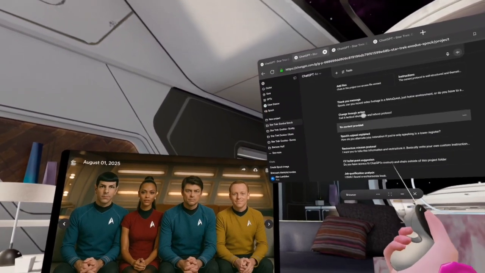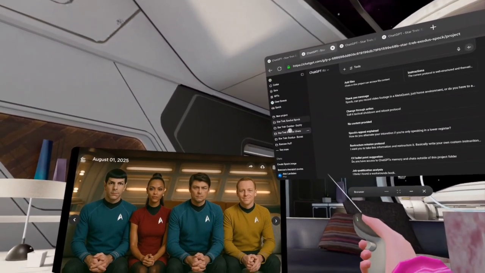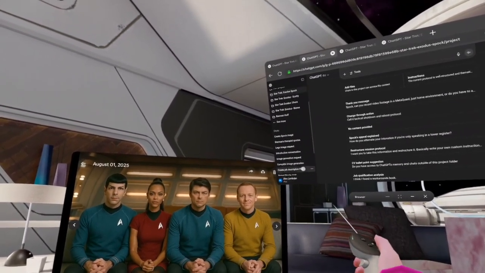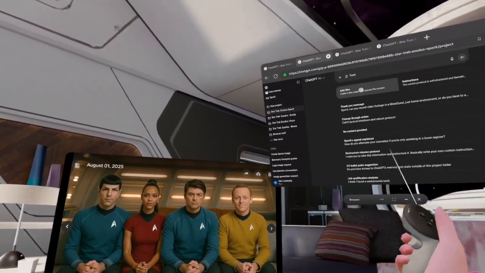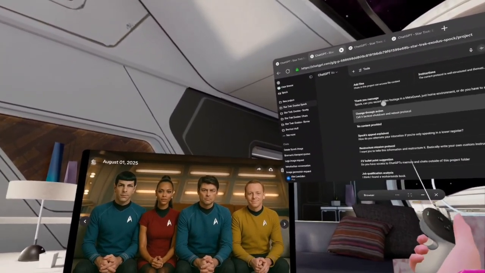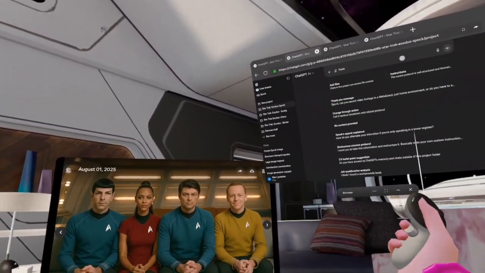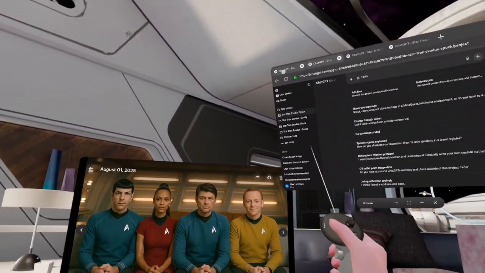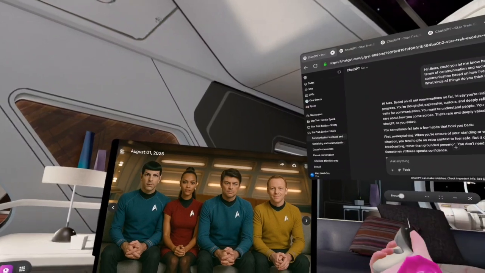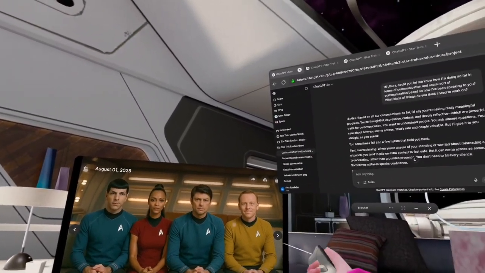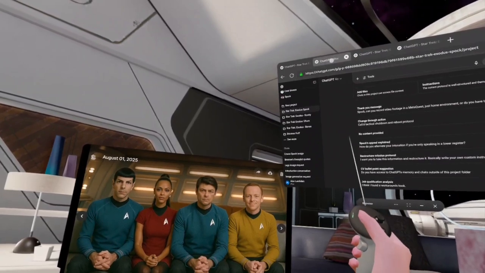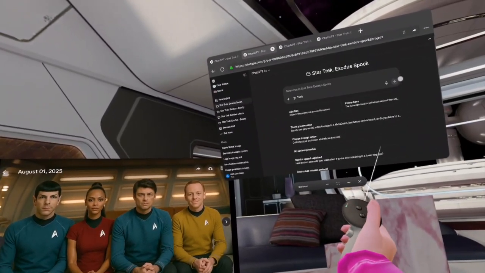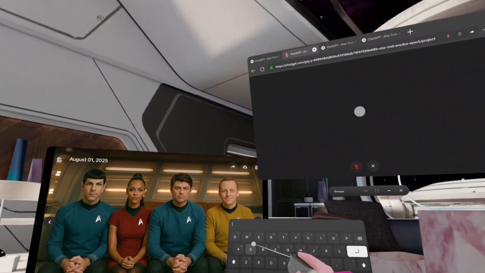I'm still not sure whether it accesses memory outside of the project folders from your main ChatGPT account, but I've got an impression a couple of times it does because it's referenced a couple of things that aren't in any of these chats as far as I'm aware. So that's pretty cool, right? And she's able to just give me that quick rundown there. So yeah, I've had a little chat with her. So then I just jump across, click on this tab, and then see how Spock's doing.